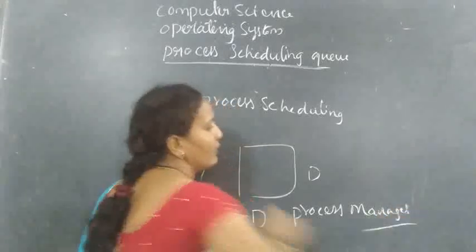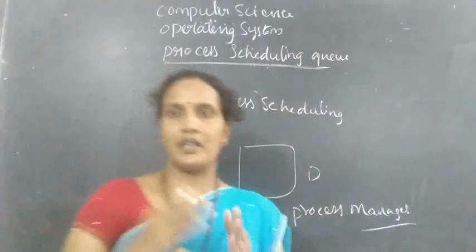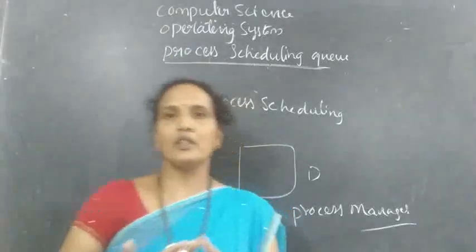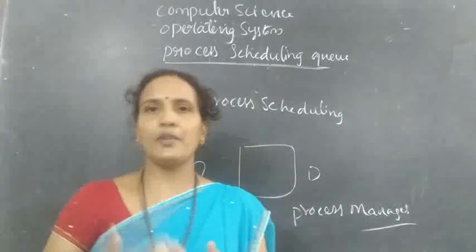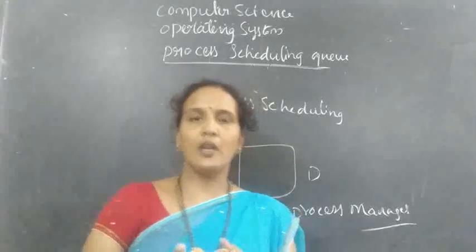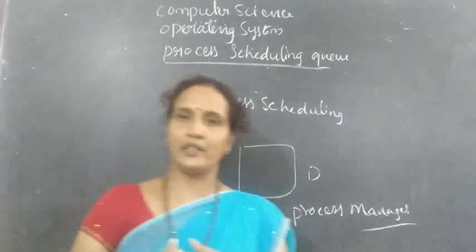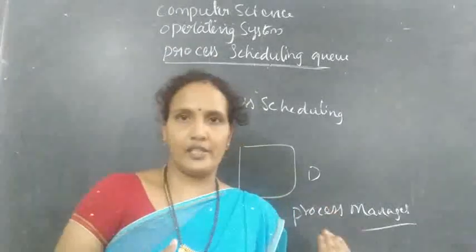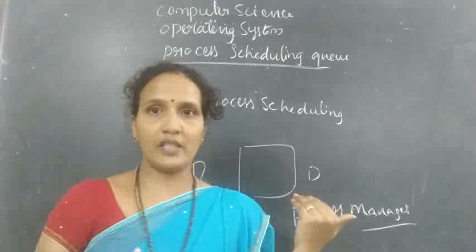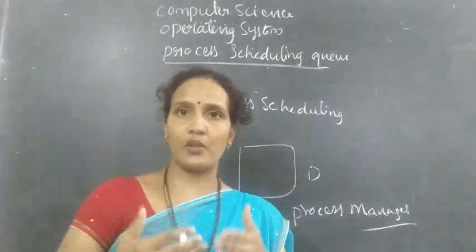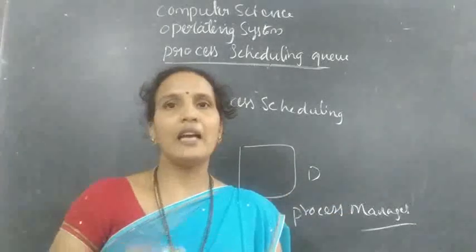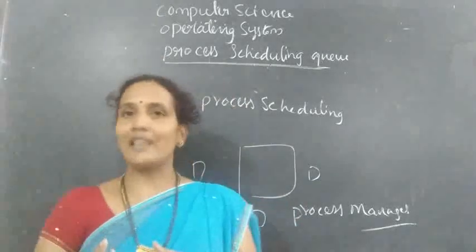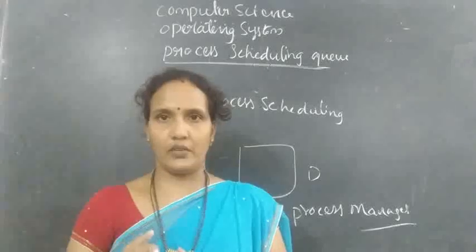What will this program do? It removes the current process from the CPU and loads a new process into the CPU. CPU means it will execute your program. That means deciding which process should be in running state and which should be in ready state. I think I have already explained the states. Ready state means the process is ready for execution and is waiting for the CPU. Running means the process got the CPU time and is executing.